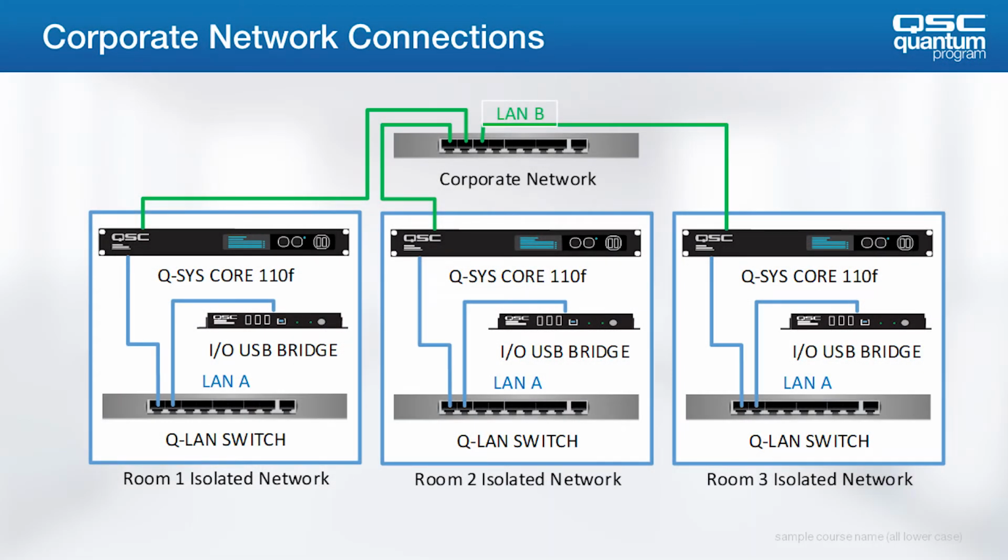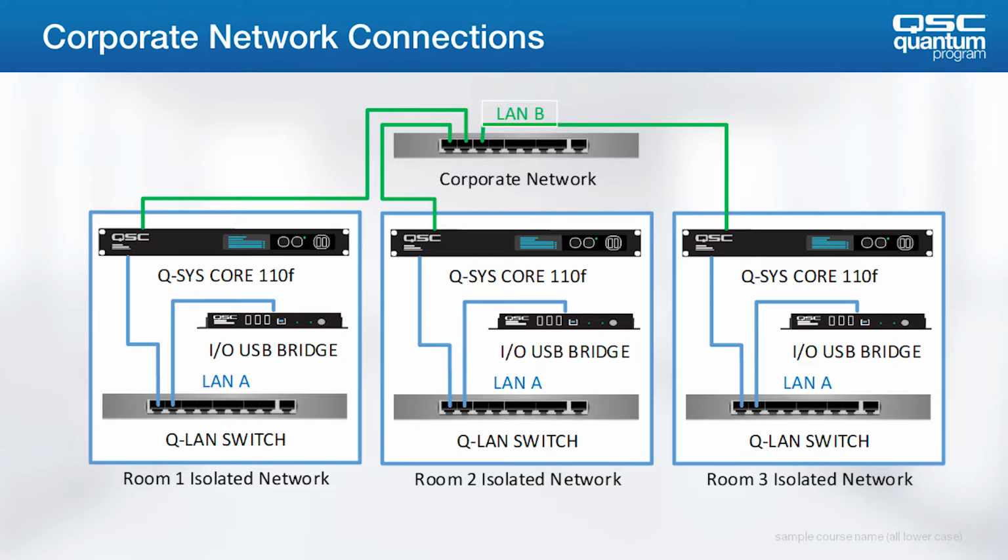One common meeting room application is where each Core 110F based room system is isolated on an in-room network, while LAN B is connected to the corporate infrastructure for soft phone interface. In the default configuration, these cores would try to elect a PTP-v2 grandmaster on the corporate network. This network typically doesn't support PTP services very well, which can cause seemingly unexplainable problems on the audio network in